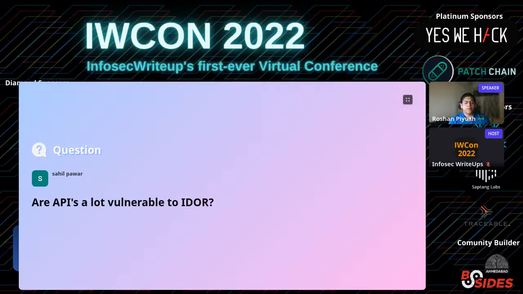If you see all the IDORs that exist, they exist because of the design of APIs, and that is their fundamental cause. You forget the authorization checks and there is an IDOR. Almost everywhere, if you ask every researcher which common vulnerability they find, even I've asked every researcher that I've met, they say IDOR or BOLA. So this is a very common vulnerability. That's why it is first in the OWASP API Top 10.